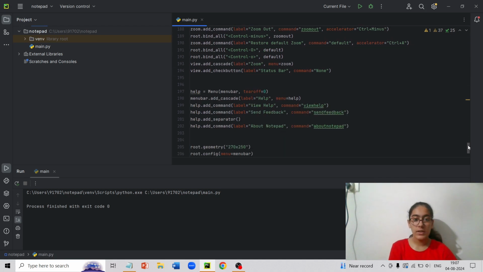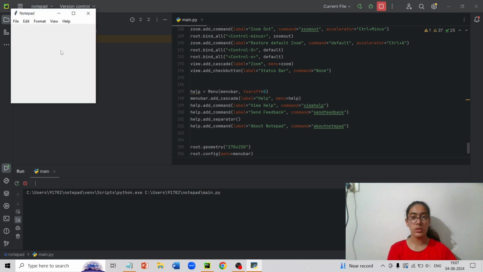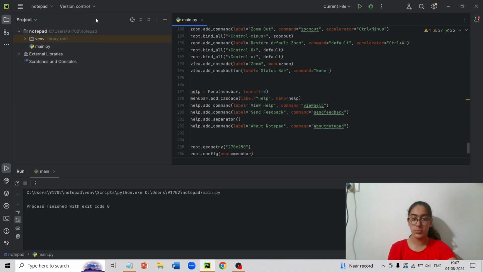So we have the add underscore check button. I already showed you what check button is. When you click on view, zoom, then there is a check button, right? Obviously, because there should be a check button which ticks if it should be zoomed or not, or how much it should be zoomed.